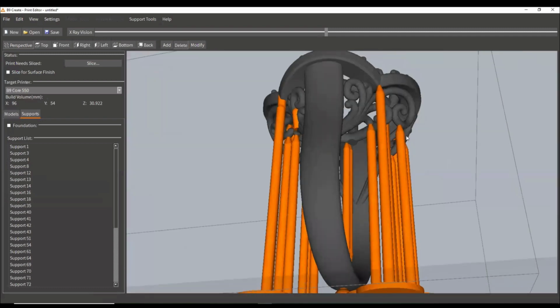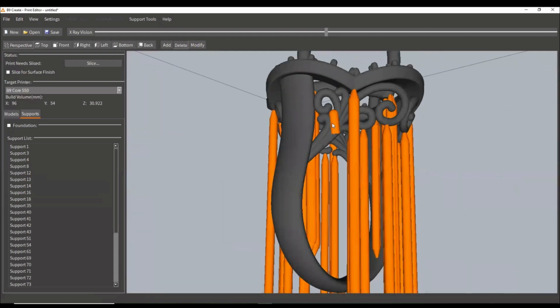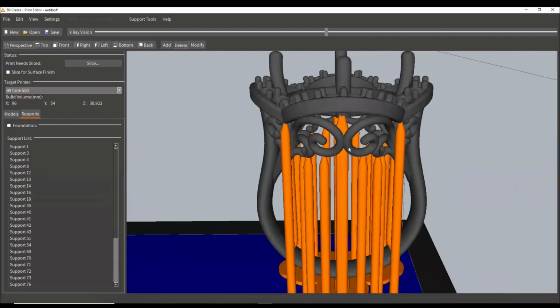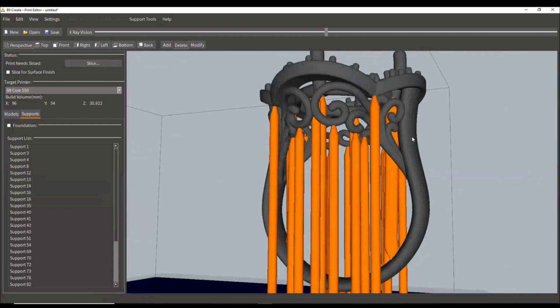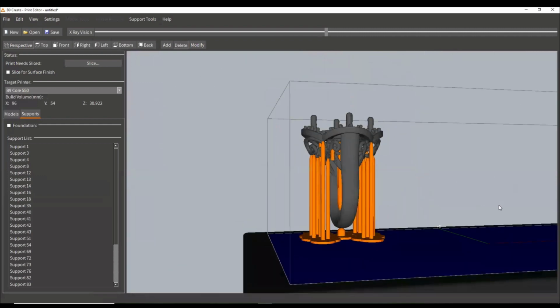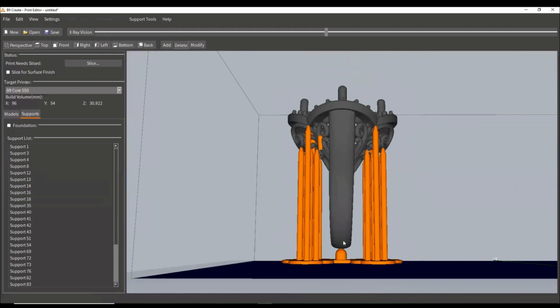This one up here is not necessary. So basically, you just walk through the areas where additional supports were added and delete these duplicate supports, and you end up with a design that's pretty well supported. You want to make sure that you check this foundation support here at the base